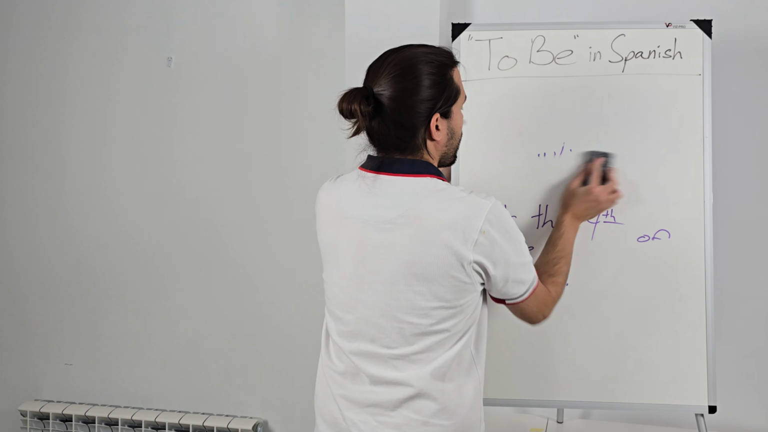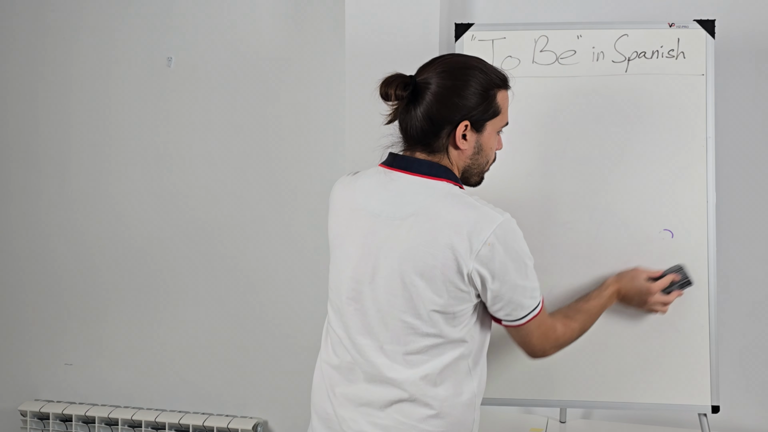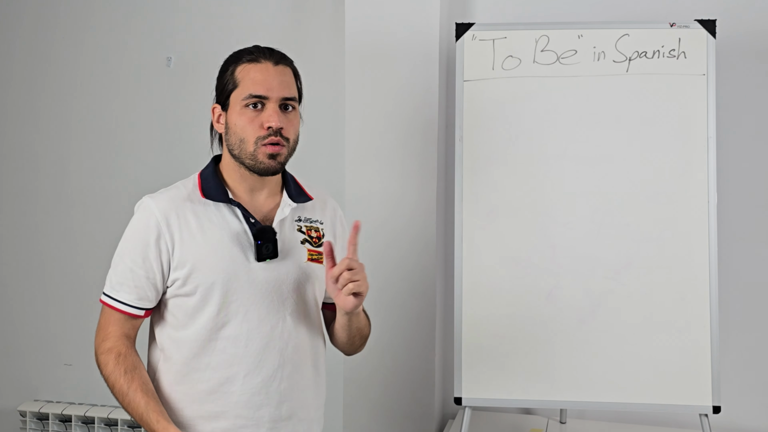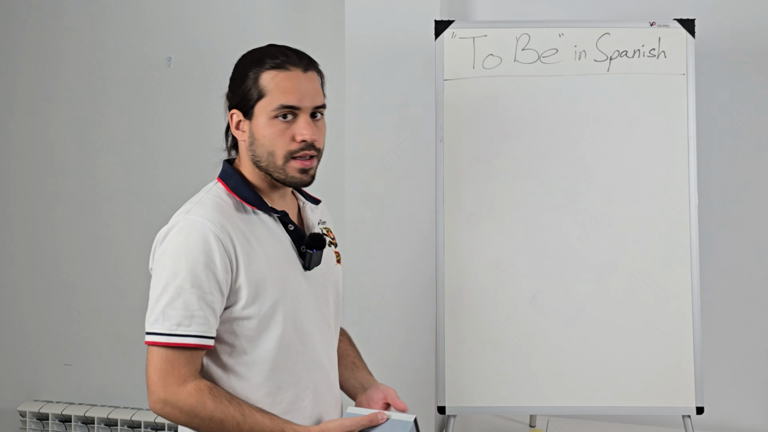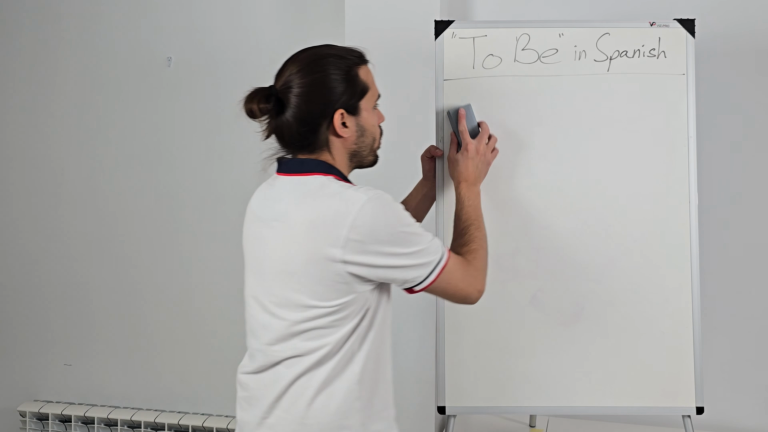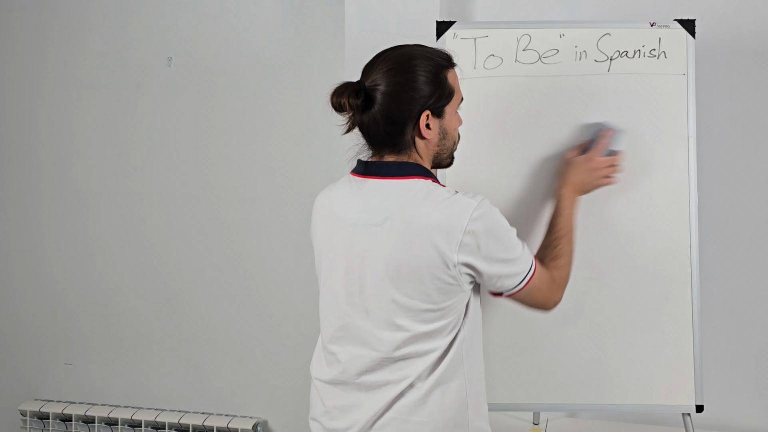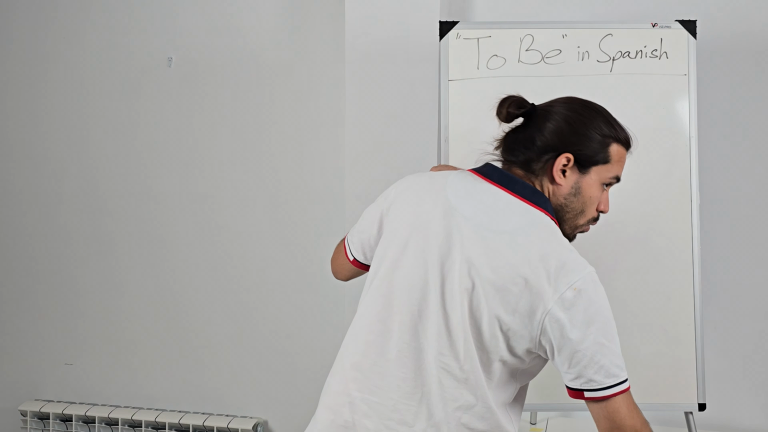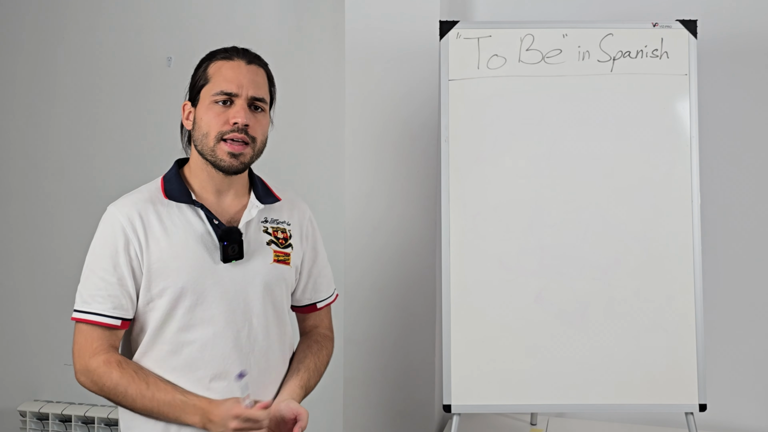So even though we like to say use ser for permanent states of being, right? Even though it's only the 4th of July, one time of the year, it is July 4th. It's not going to be July 4th permanently, but today is July 4th. So we use ser for permanent states of being. Now,